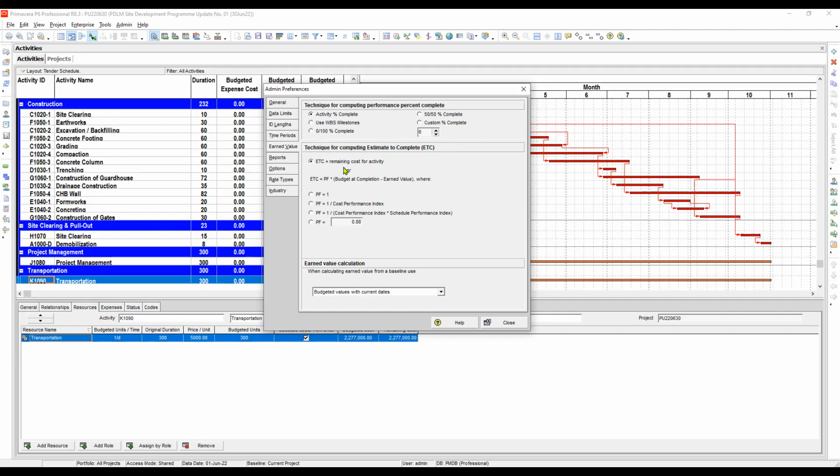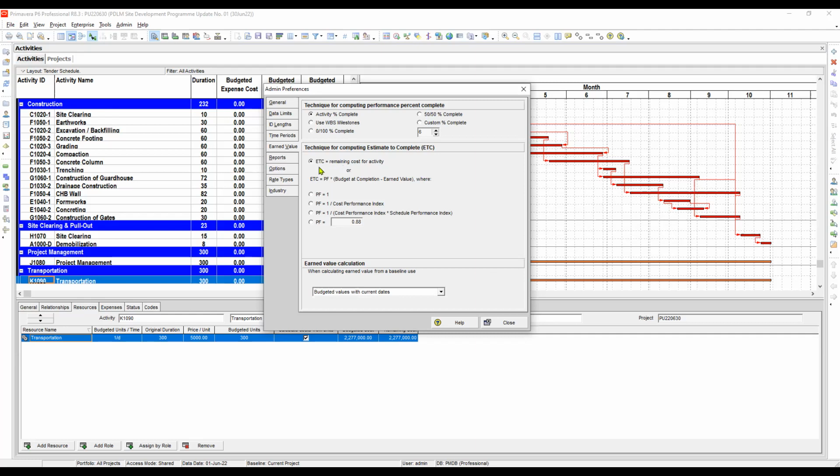So here for the earned value, we will select the ETC is equals to the remaining cost for activity, meaning we are using our estimated or projected remaining cost of our project during the time of the progress update